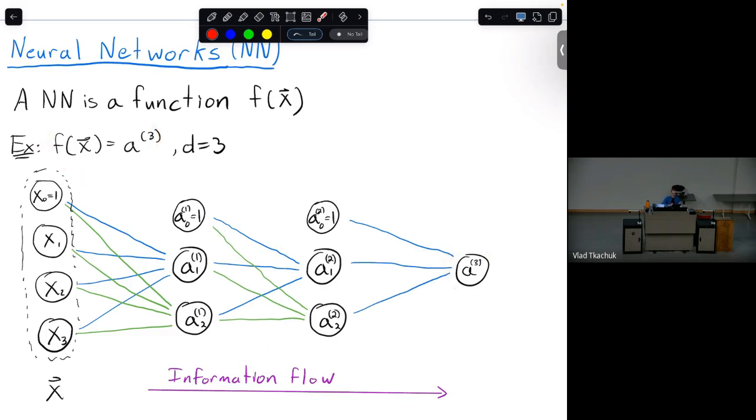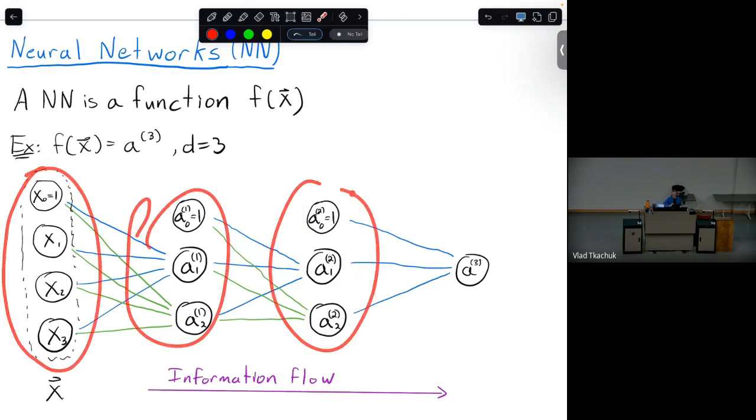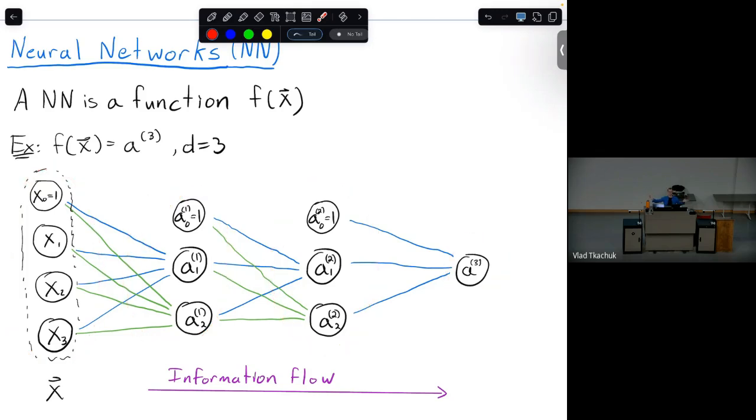It turns out these things could have many more of these kind of layers. You could keep stacking these together. You could have many more of these neurons, so you could add more of these circles and so on. We're going to talk about all this. But you should really just think about it as this thing that takes in an input, does some processing in the middle, and then outputs something, just like we've seen any function do before.